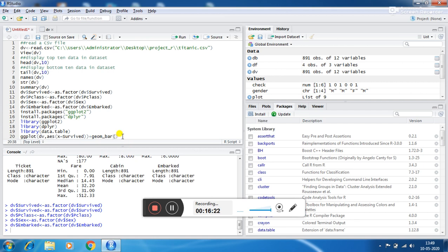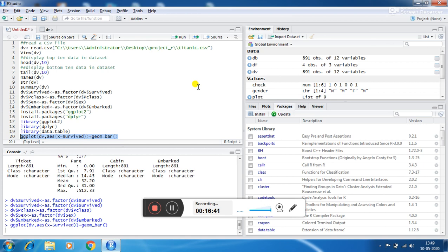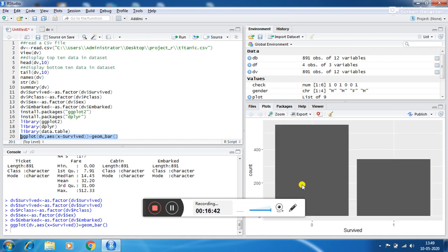The graph is a bar graph, with which this command displays the bar graph of the survived people in the dataset db. How to run it? Select and run. That is the bar graph.